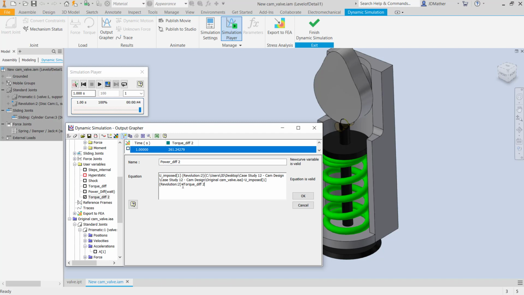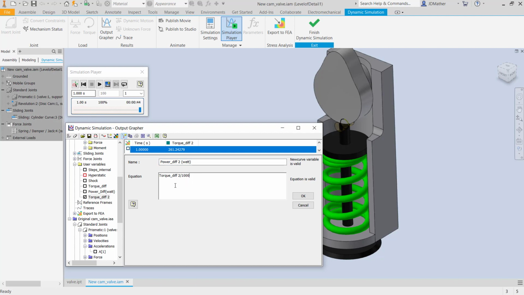Alright, so I got that in there. Now I'll get rid of this. I'm not sure why it wouldn't let me just replace it. I might not have hit it. You've got to hit right on this check mark, and then I'm going to do that divided by 1000. And actually I meant to put up here in parentheses the units, so I'll do parentheses in watts. Okay, so we're going to measure the power difference in watts, and then we have to change the units, so